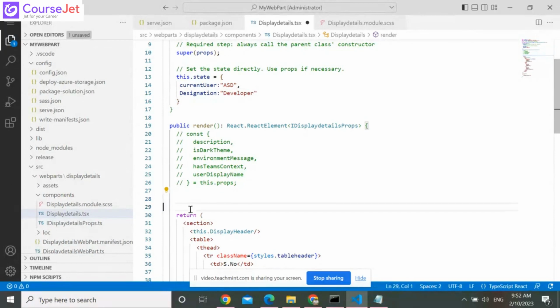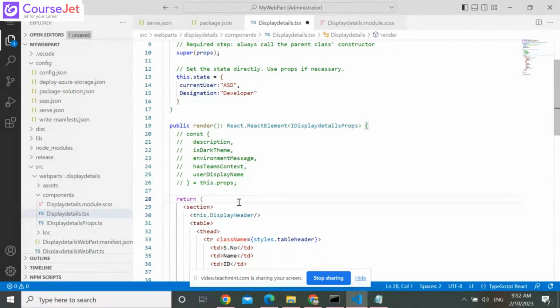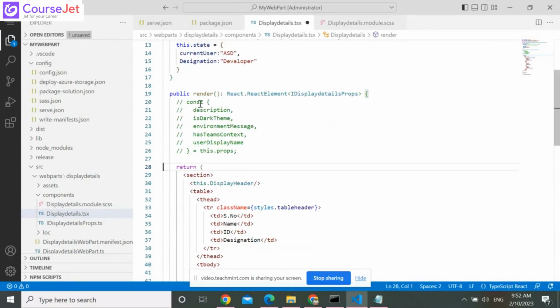This state can be accessible in any method inside. This is something like a global variable. If you want to display this state,